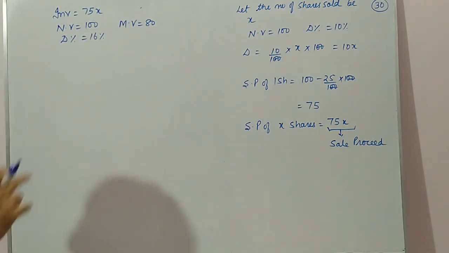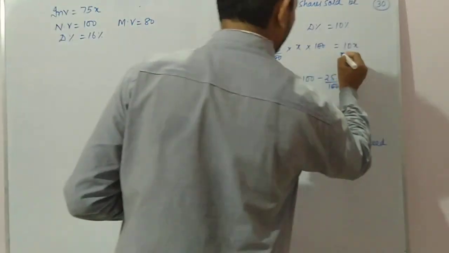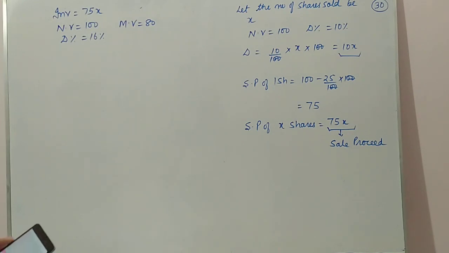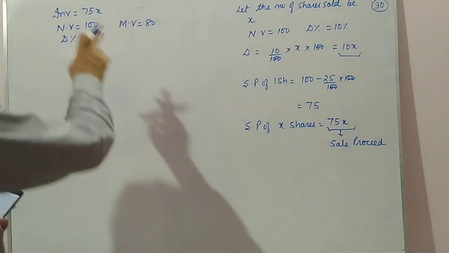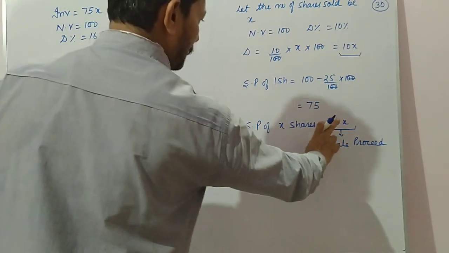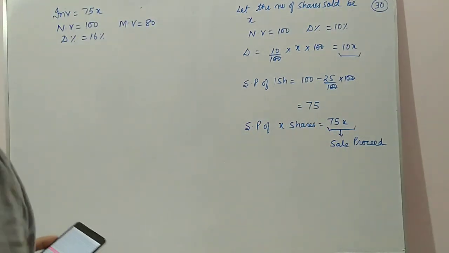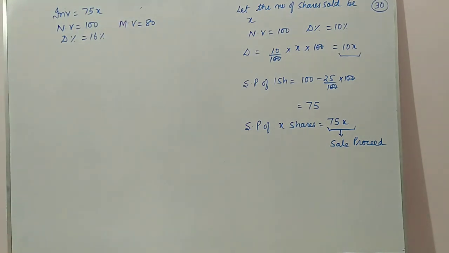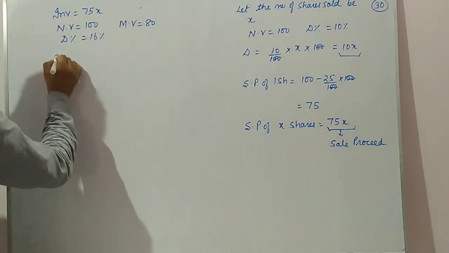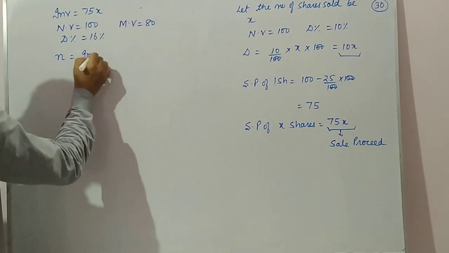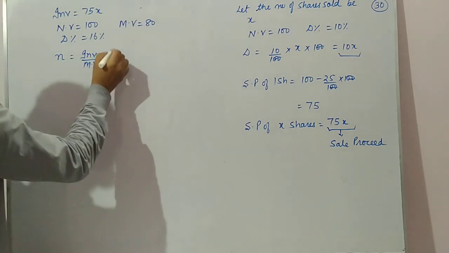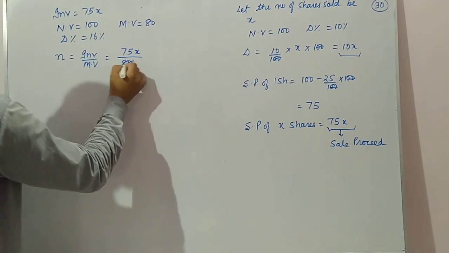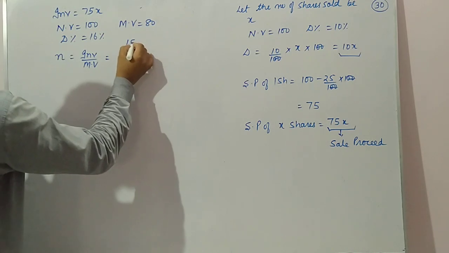So here, first of all, this was the initial income. He sold the shares at 75. After selling the shares at 75, the investment is how much? He is getting 75x, which is the sale proceed, that is invested in rupees 100 shares whose market value is 80. Dividend percent is 16%. So here we are determining the number of shares, that is investment by market value. Investment is 75x by market value is 80, that is 15x by 16.